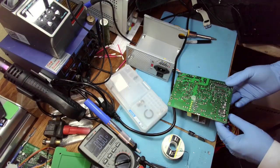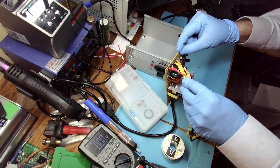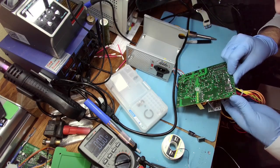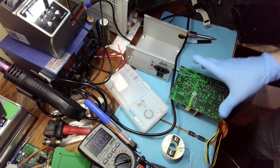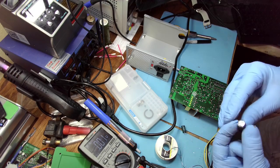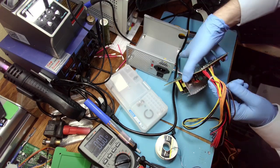Guy number 1 and number 2 is on, what is this rail? 12 volts here, so that's the 12 volt that I haven't replaced, and this is 3.3. What was the original cap? 16 volts, and this one's 10. I believe this one has been replaced before, because it's very unusual to see a 16 volt on a 3.3 rail,